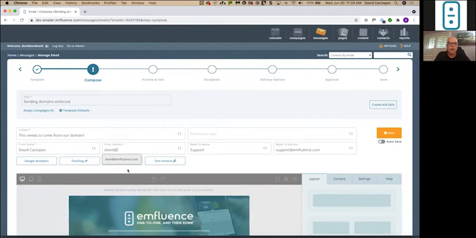That is suggested right now. It's saying, I think you should use this. As of July 7th, we are going to have a hard enforcement on that, meaning that if you type something in that is not registered, we're going to tell you, hey, you can't use this. We're also going to prevent the message from deploying. That will impact like 0.001% of our customer base because there's really only a couple of people, as I mentioned, from associations trying to send from Gmail addresses. So it just keeps us in line with best practices for what has been going on for a long time.